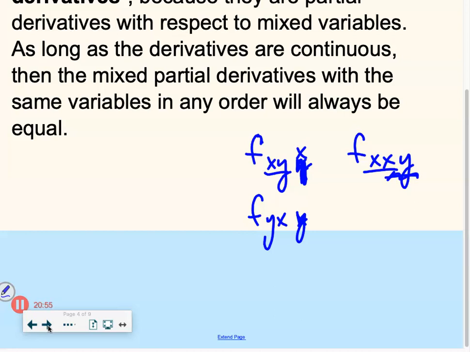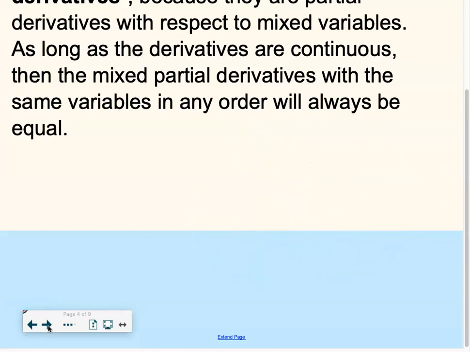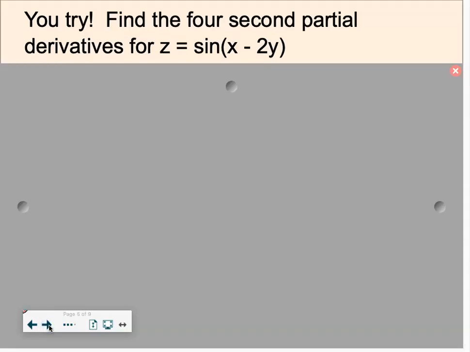I honestly have no idea how it works with the third and fourth partials, what's the same and what's not. Okay, Sophie, what did you get? One sec, I'm doing one more. Okay, it's simultaneous. All right, while you're doing that, everyone else find the 4 second partial derivatives for